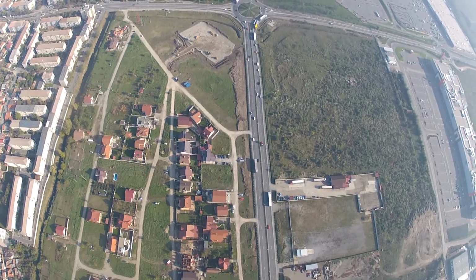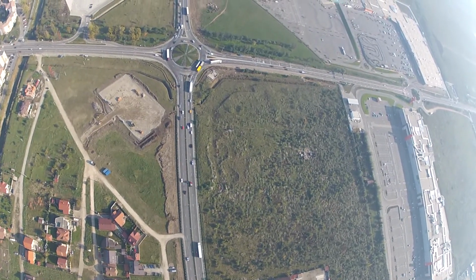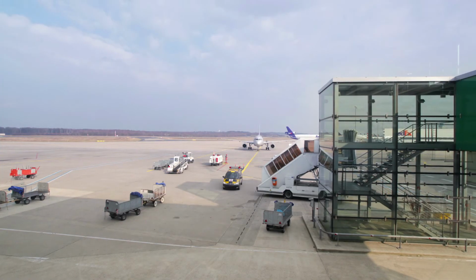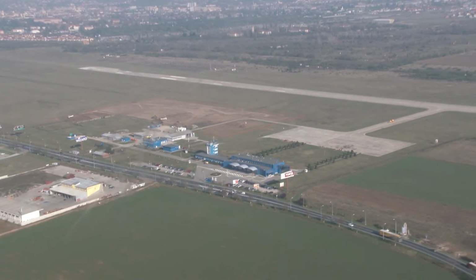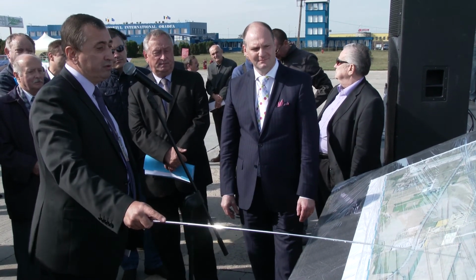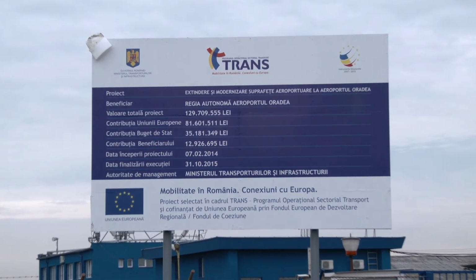To improve the accessibility of Bihor County and Oradea city area, which is essential for local business and tourism, it is important to have, in the near future, at least one connection with a major airport in Europe. To this end, the requirements for operating Airbus and Boeing aircrafts must be satisfied. In this respect, the modernization of existing movement surfaces is planned for years 2014 and 2015 through the implementation of